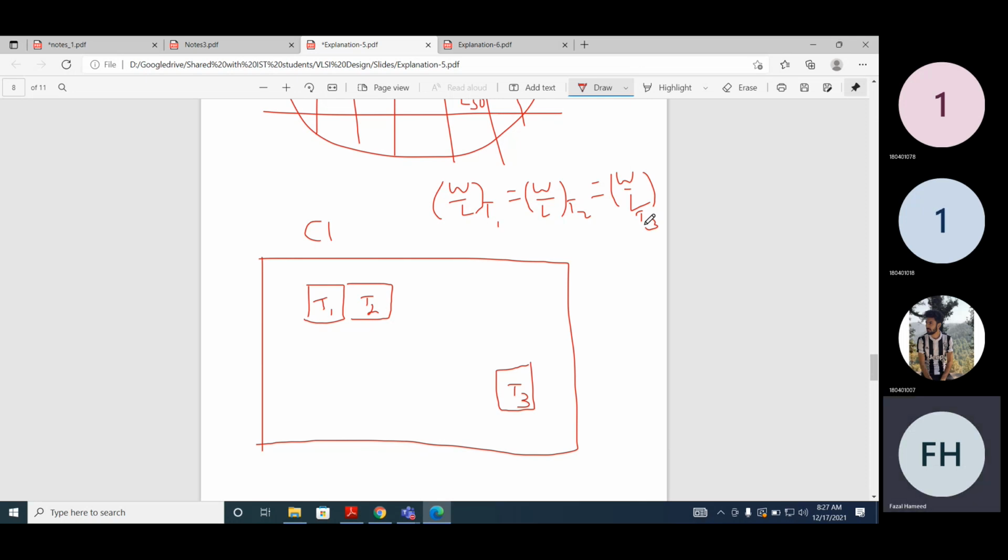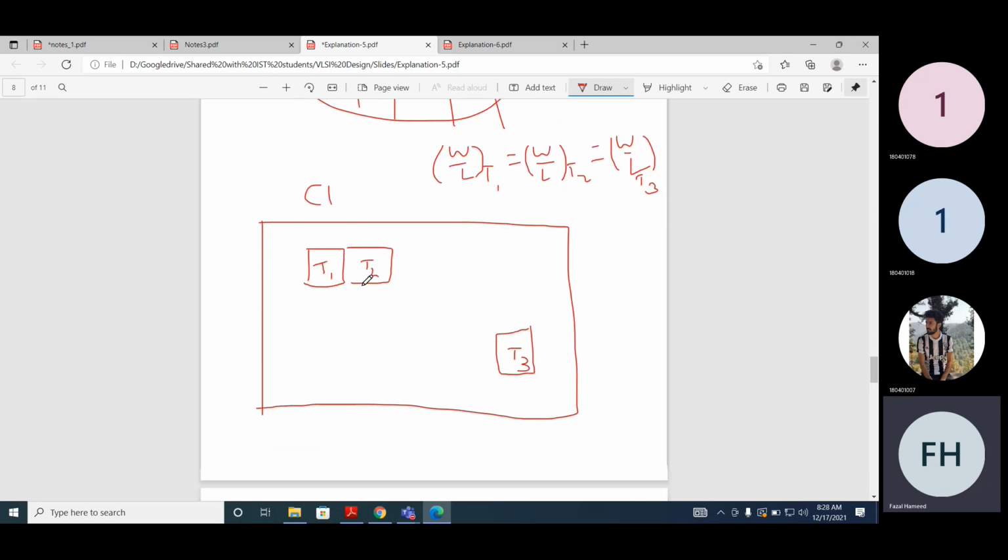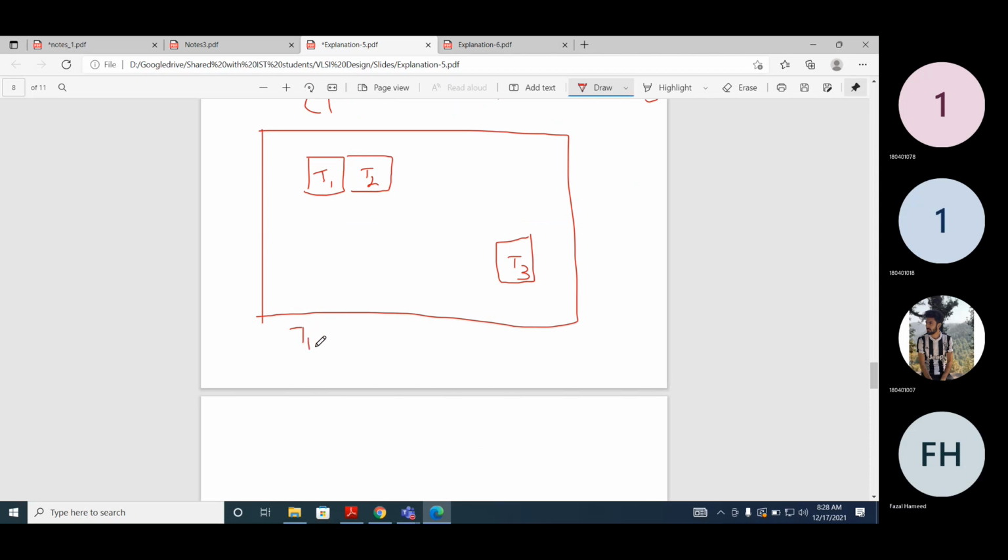Now T1 and T2 are of the same orientation. What is the same orientation?